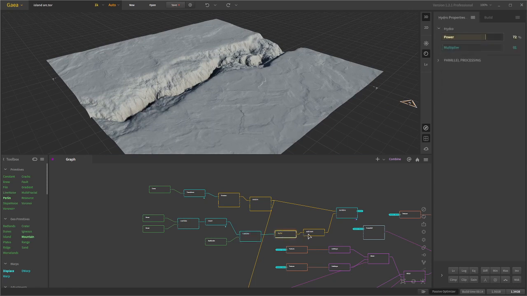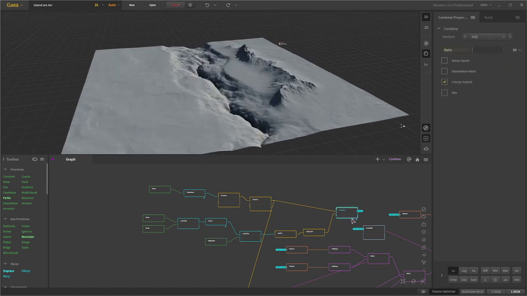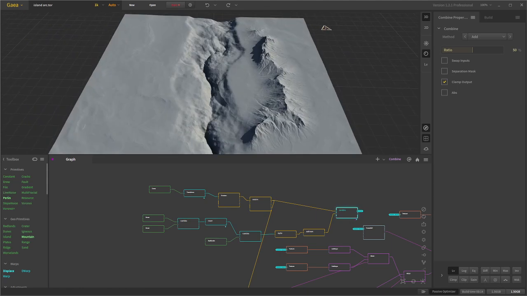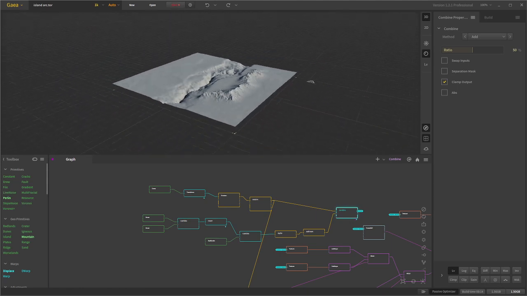With a bit of Hydro and a bit of Sediment, I got a result that I thought was sufficient for this project. And once combined with the island arc chain up here, this is the result, which is the final result for the terrain.